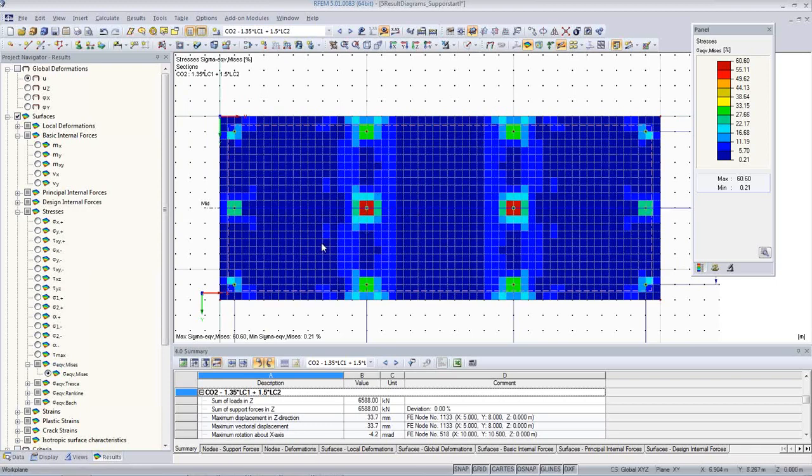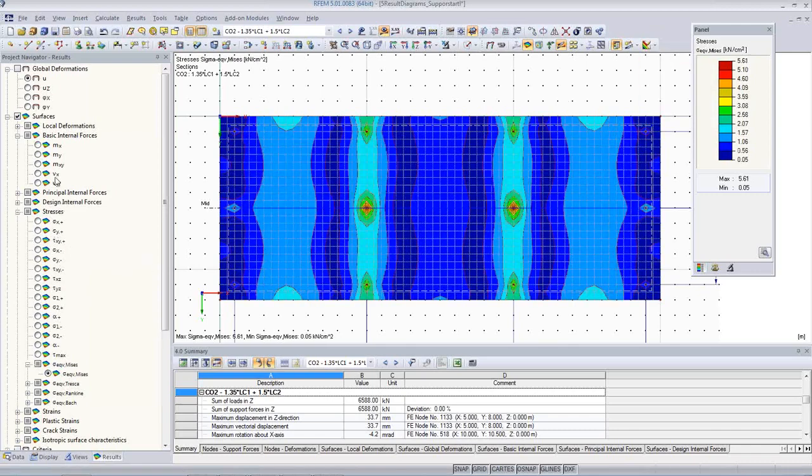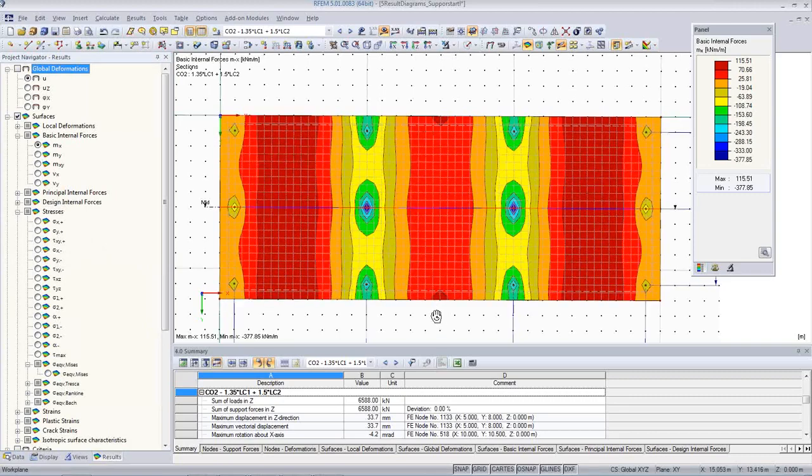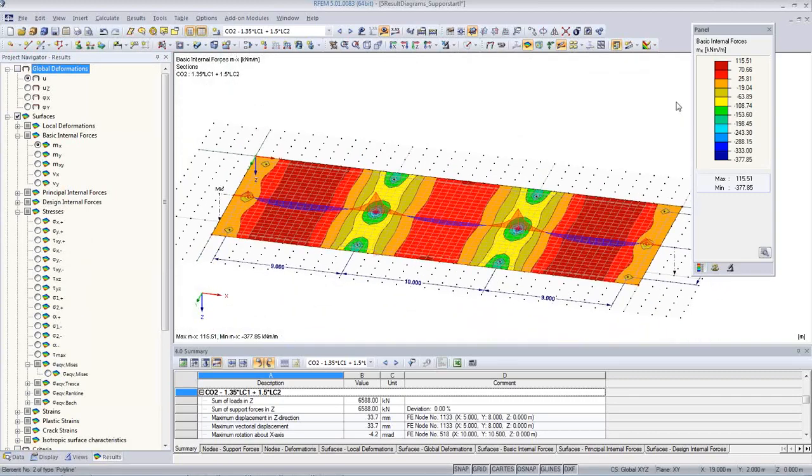And those are typically the problematic places. Here it's clear because it's a point supported slab, and where the point supports are located, you see the singularities. But in other structures it's not so clear, but you can find it in this way. Okay, how to handle those things? I go back to isobands and I change it to mx maybe. How to handle those situations? Now, how to handle singularities? There are two ways, and I'm going to show you